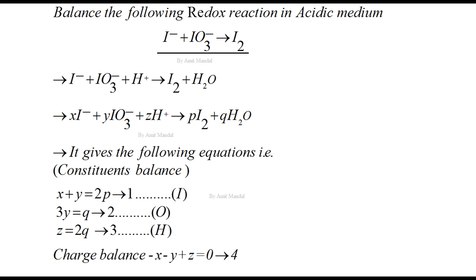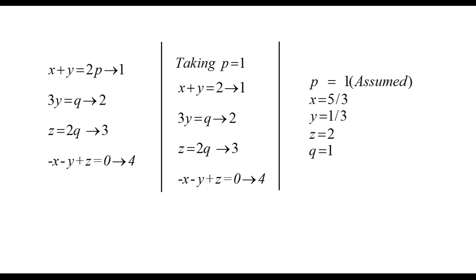So now we have 4 equations. Again there are 4 equations but the number of unknown variables is 5. And we know that for solving simultaneous equations the number of equations and the number of unknown variables must be the same. So we can drop any one of the variables by assigning it some value. Suppose we take p = 1. In that case we have 4 equations with 4 unknown variables, which can be solved by the principles of solving simultaneous equations.